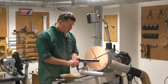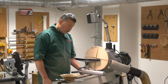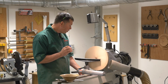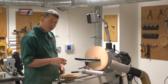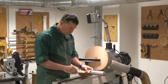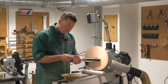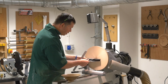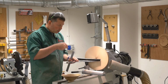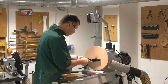Next thing, bring the tool rest up nice and close. Lathe speed to 0, turn the machine on, and then we'll get a slow speed going. Now I'm going at about 600 revs, but nice and slow. We're going to measure the bowl, and then I've already set these up, half the measurement, and then we can start cutting. That's going to give us a nice size to grip that bowl. So if we go through that process now,